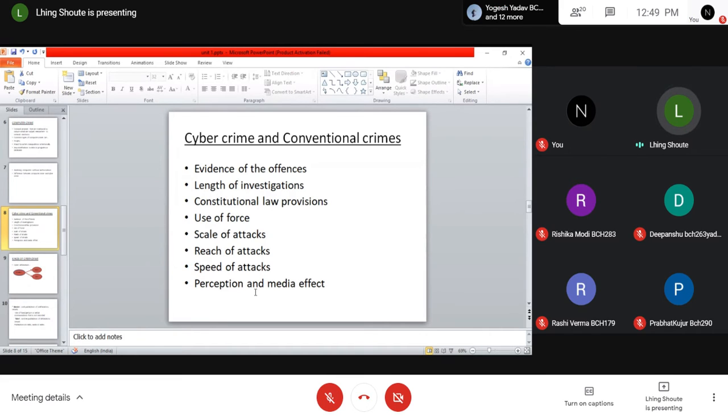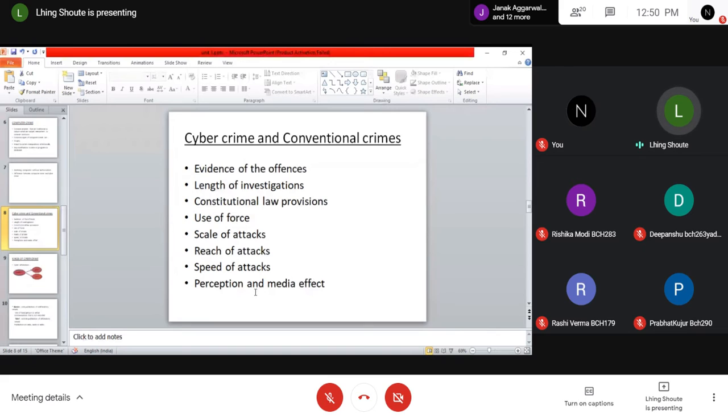Here, the Indian Constitution has given some provisions. Under Article 20(3), it is said that no person accused of any offence shall be compelled to be a witness against himself. So these can be used for their benefit. Cyber criminals can rely on these constitutional law provisions to